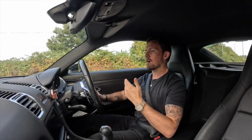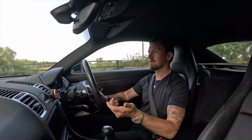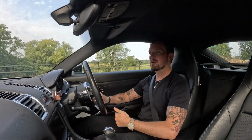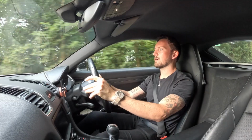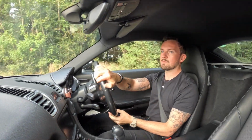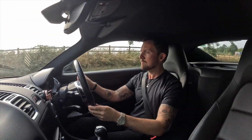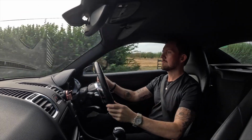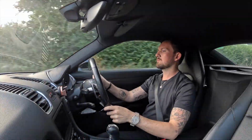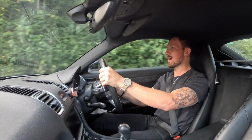I'm still warming the car up and I'm sat at 1200 RPM in 6th gear going 32 miles an hour. It's not stressed at all. It's so relaxed. It's like Usain Bolt going for a walk to the corner shop, you know? Right, I'm going to turn onto a nice little local road. The handling of this car, so